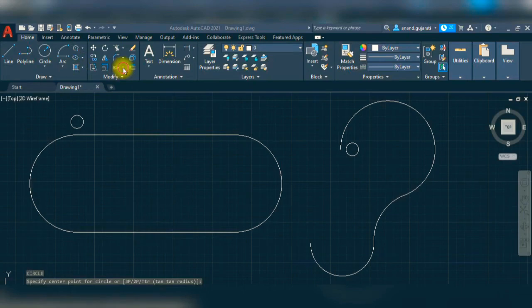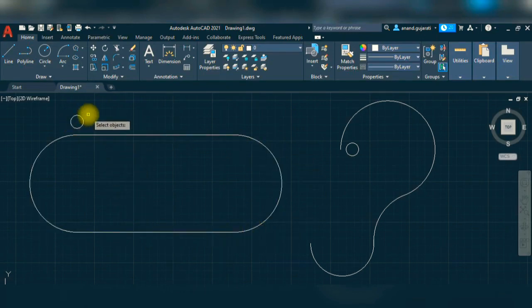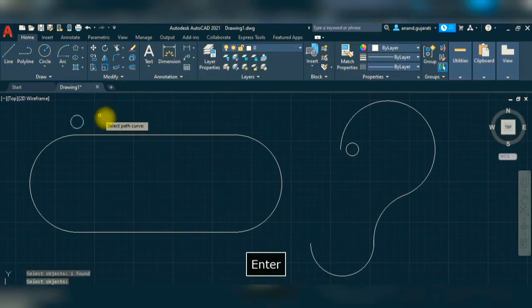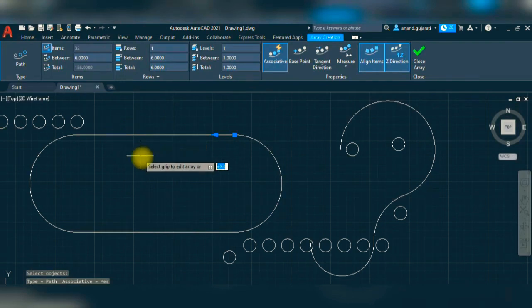Here I am selecting the path array. Now I want to array this circle around this path. So first I need to select the object, a circle, press enter, select the path. Now you can see the array is created but the path was scattered.